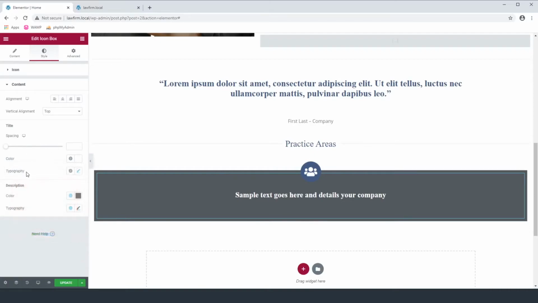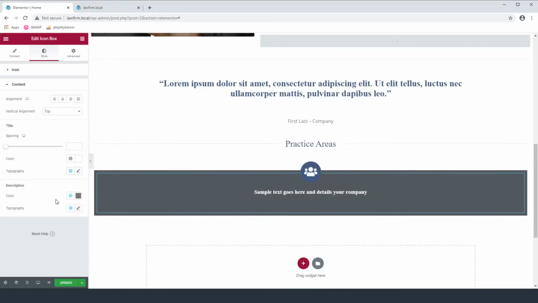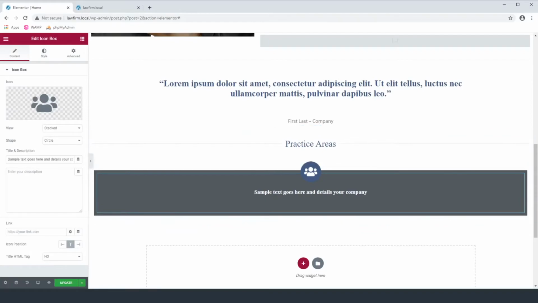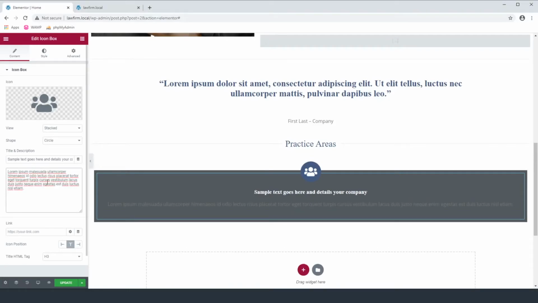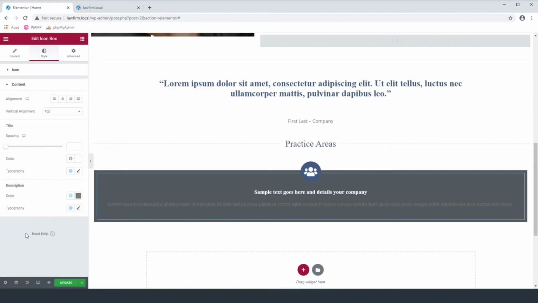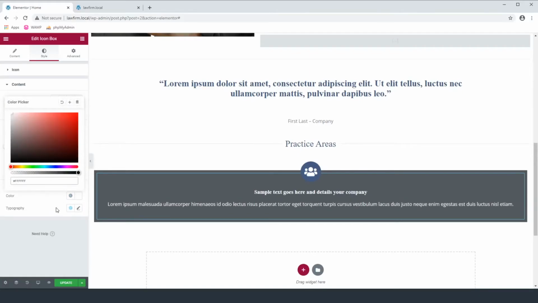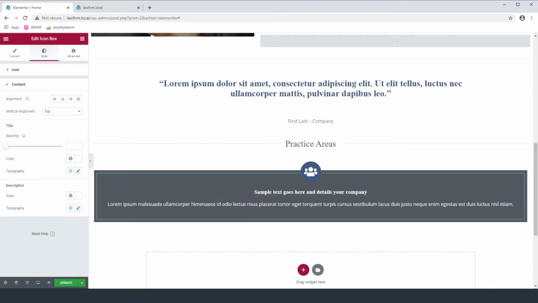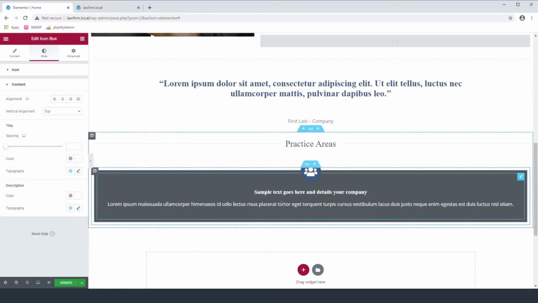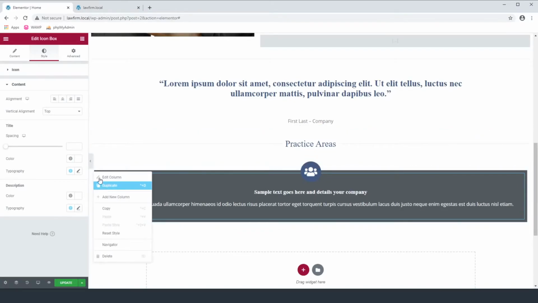And the title is going to be smaller, so let's say, we still want to use the primary, okay? And then for a description, I'm going to add in some lorem ipsum again. Goes here, and then we switch over to the style, the content, and this is also going to be white text, and it's going to be using the text format. Okay, so that's good. Now we need to take this, and we're going to duplicate it,